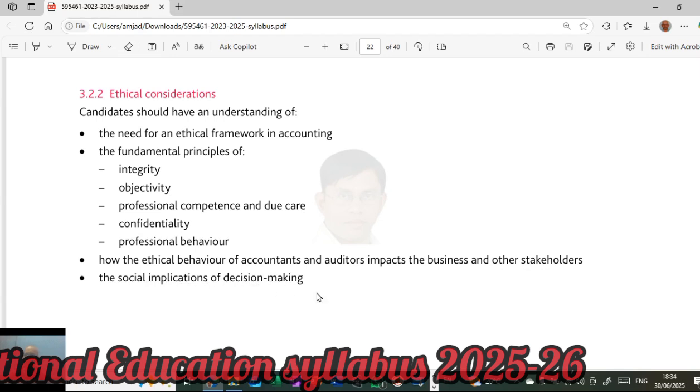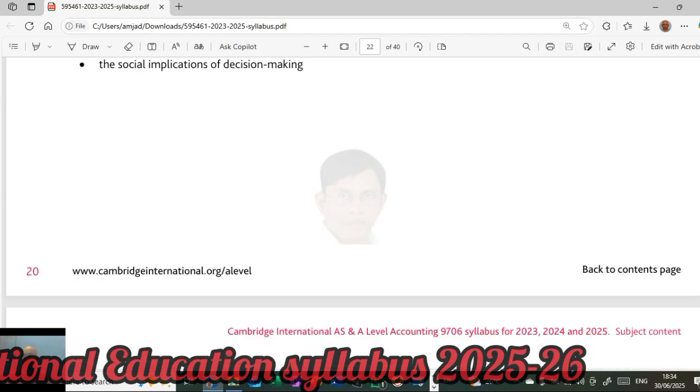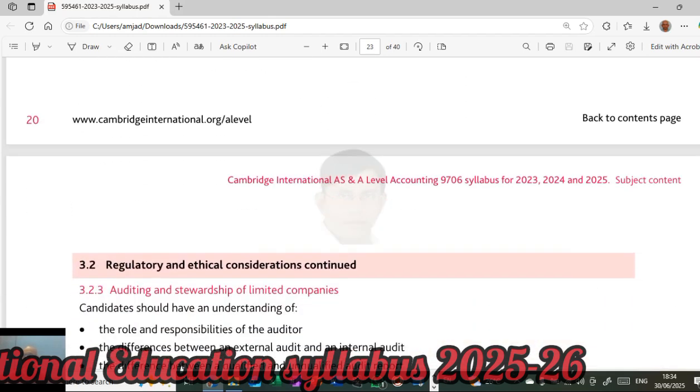So the concept of auditing. What is an audit, what is an auditor? This is very important as a student of the accounting profession. You should know who an auditor is and who an accountant is. It is very important. Very interesting, challenging things are coming ahead. So be proactive, learn things and keep enjoying.